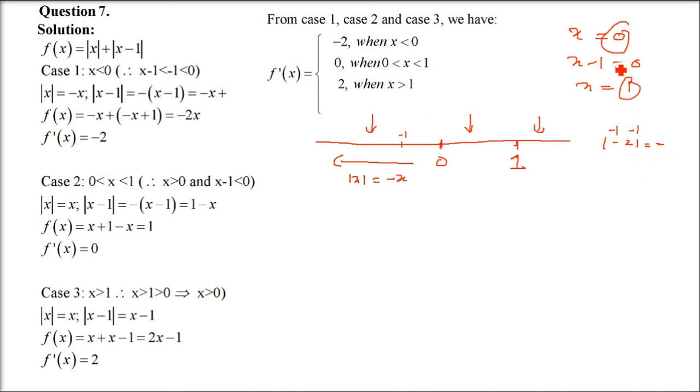I hope you got the idea. Because eventually the value is coming as negative, because minus 2 has come. Minus 2 is coming, that means you are getting negative. And we have just checked for a random value below 0. So now this will be x minus 1. Here in this range, it will be minus x minus 1.